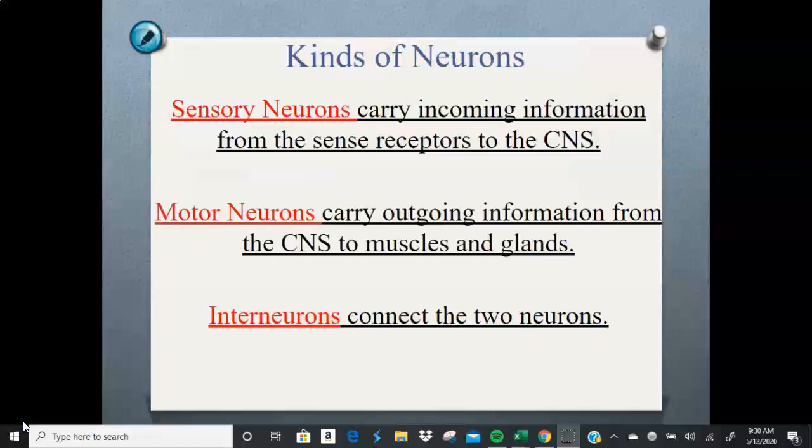So we're going to start out with the sensory neurons. They're what carry information from the sensory receptors to the central nervous system, and I've abbreviated central nervous system as CNS, okay? So whenever you see that, just know that stands for central nervous system. So the sensory neurons carry the information from sensory receptors. So what are sensory receptors? Well, they could be anything from,